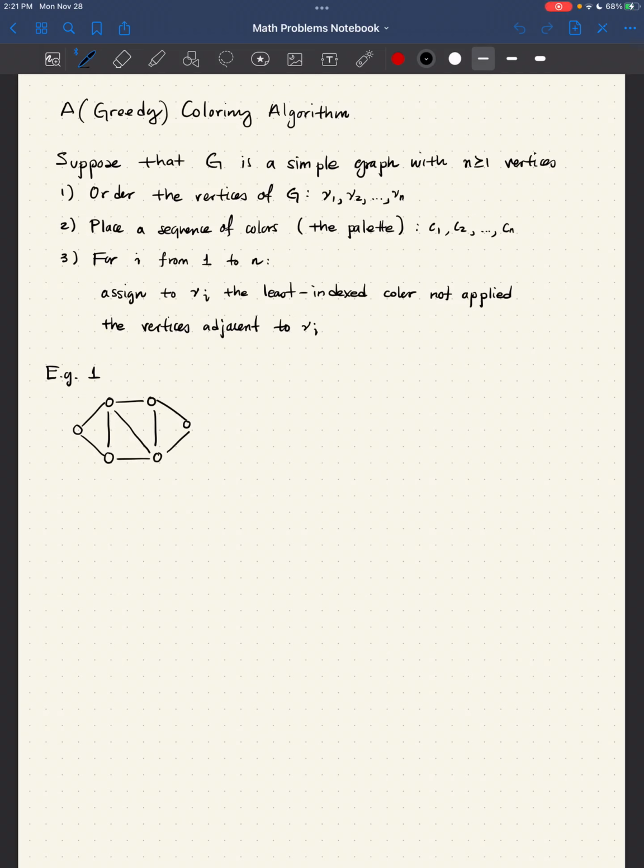Hello. This time we're going to explore a greedy coloring algorithm for simple graphs. To start with, suppose that G is a simple graph with n vertices. The first thing that we're going to do is order the vertices from 1 to n, just as indicated here. Then we're going to place a sequence of colors, as many as we have vertices,